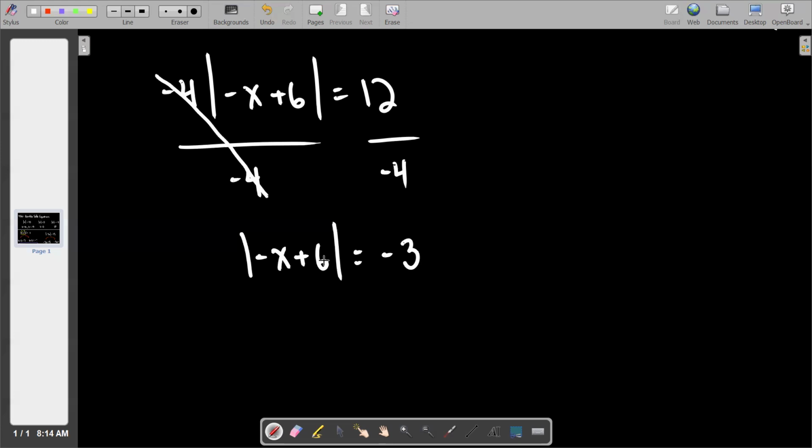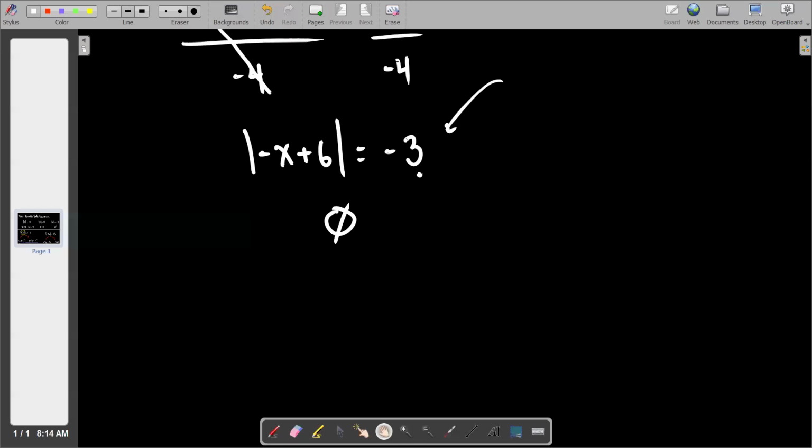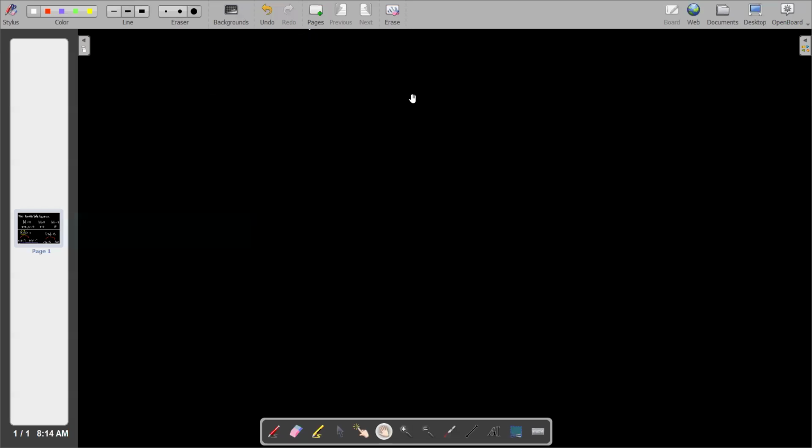You've got to look at this and say, hey, I know that absolute value can never produce a negative, therefore there is no solution. We don't make that decision though until the end. Okay, feeling good so far? I have 3 more examples, and all they are is basically a hybrid of everything that we've learned so far. So this, for example,